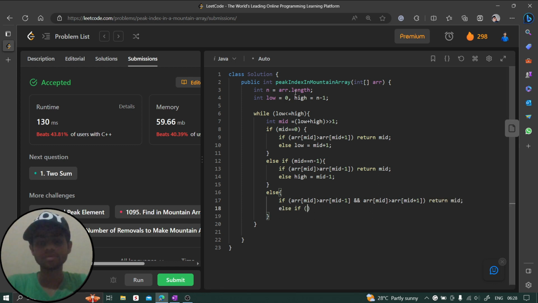And else if arr of mid is not the case, and if it is greater than the previous one, meaning the left side, then we have to move to the right side. So we can say low should be equal to mid plus 1. Fine. And else if it is also not the case, if it is not greater than the left and